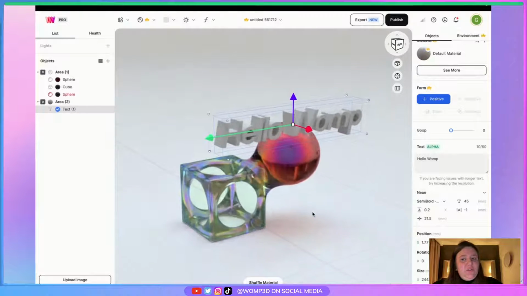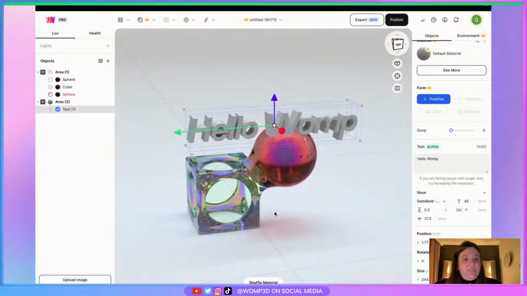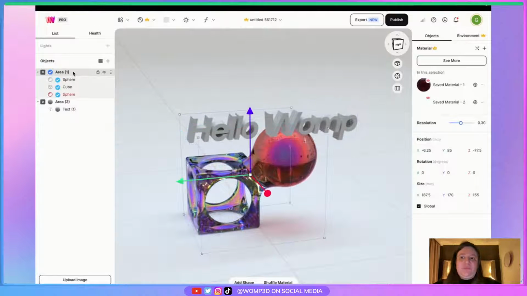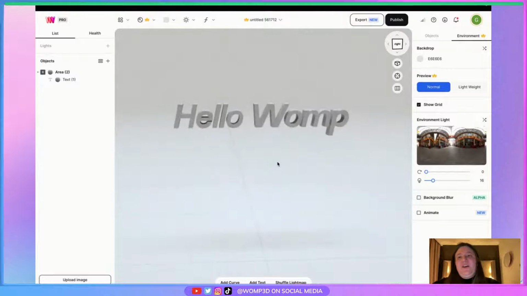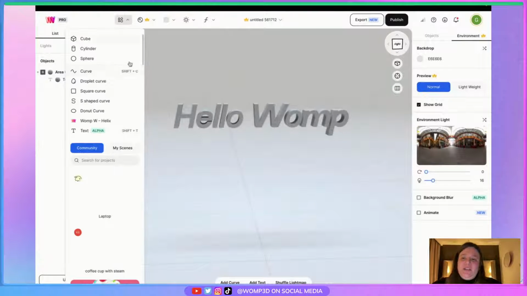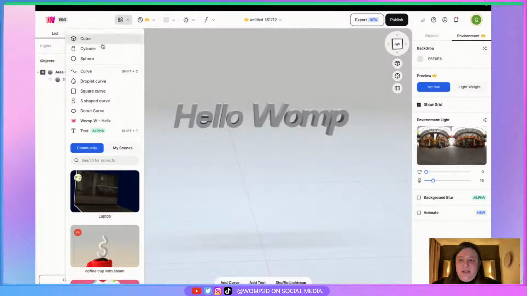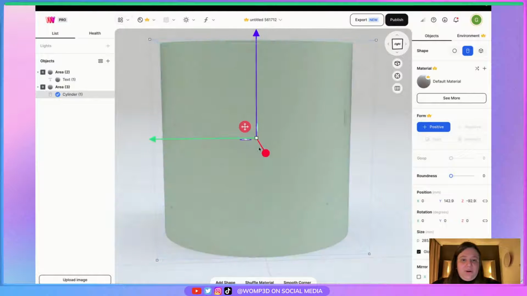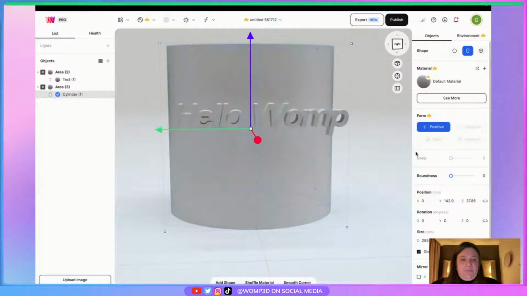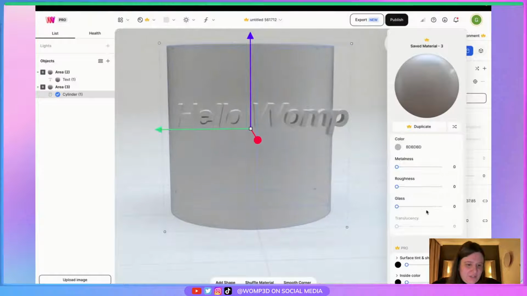Okay, so you'll notice that the Womp text is flat at the moment, and of course, like any product designer or graphic designer or creative, you're going to want it to wrap around something, or you're going to want it to do interesting and crazy things. So something really cool that we play with often with text is being able to do sort of a fake wrap or an intersect wrap around something. And in this case, I'll show you guys my trick, which